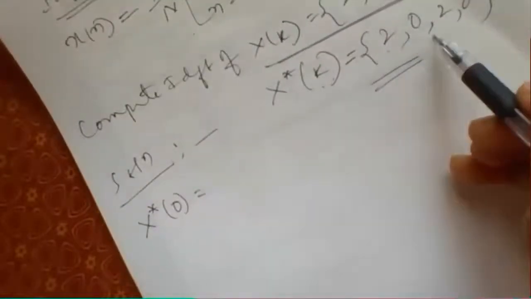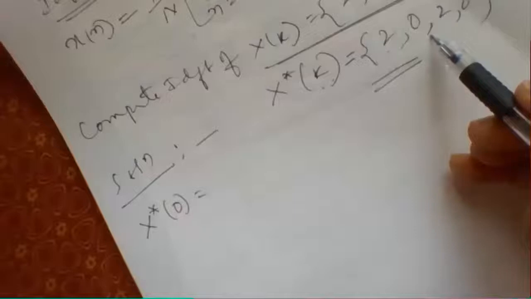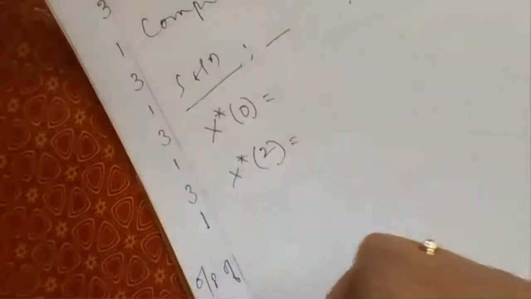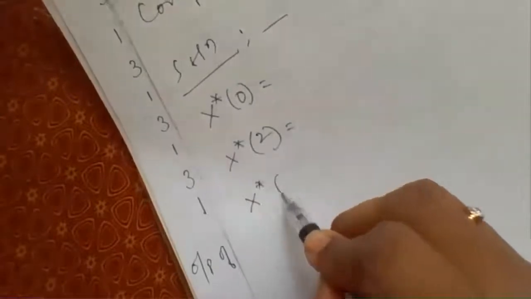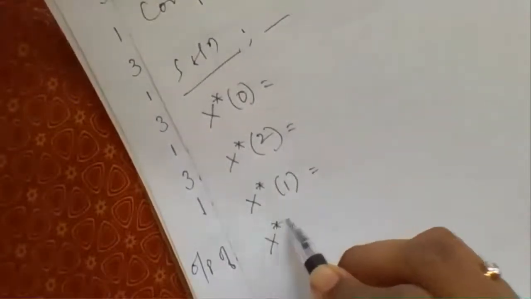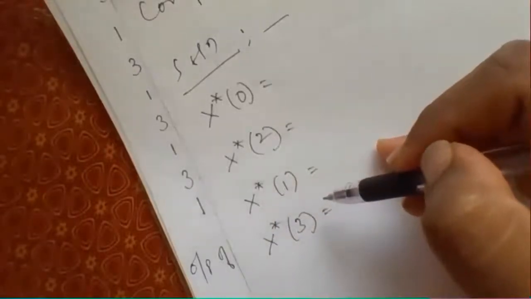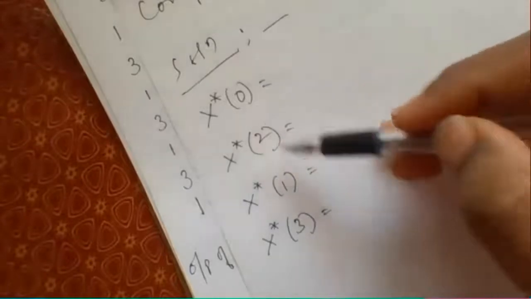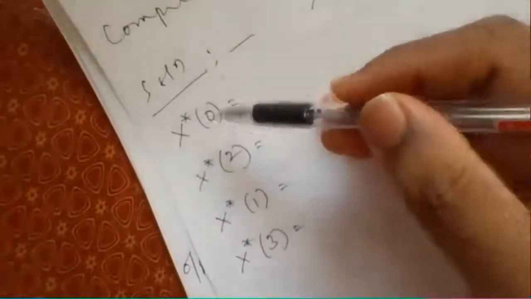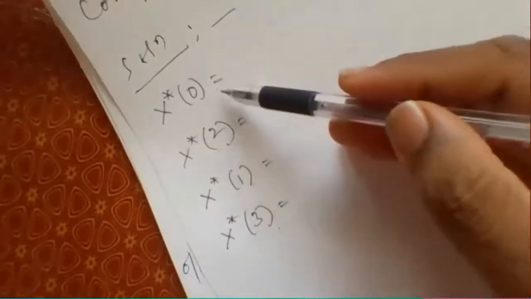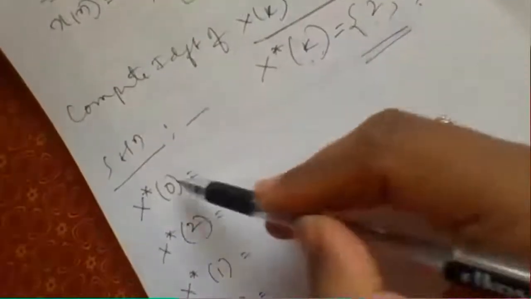The X star of k values will act as inputs for the algorithm, because we are calculating the IDFT now. Next will be X star of 2, then X star of 1, and next it will be 3 in the bit reversed order for N equal to 4. For N equal to 8 we have seen in the last problem: 0, 4, 2, 6 and so on. Now for N equal to 4, it will be 0, 2, 1, 3, a decimated sequence. What we are decimating now is the X star of k sequence.